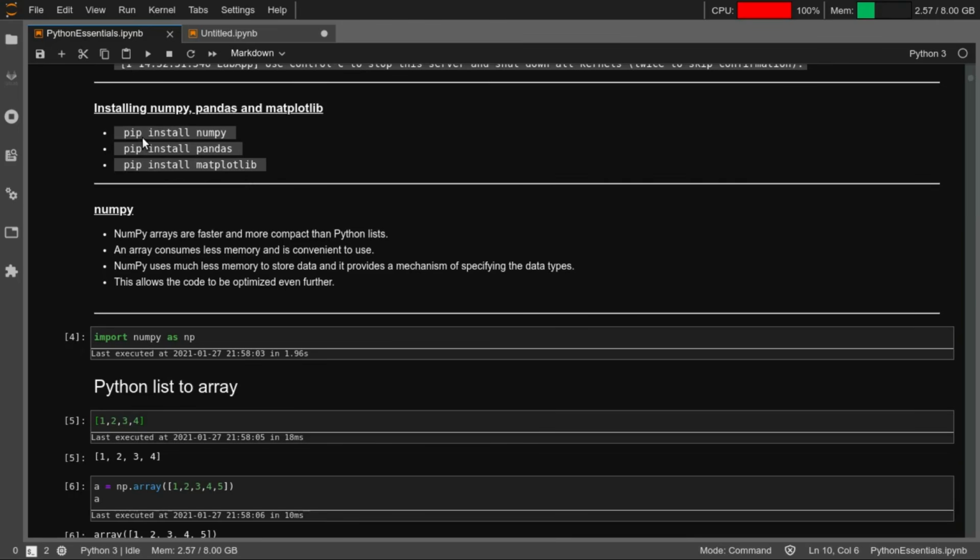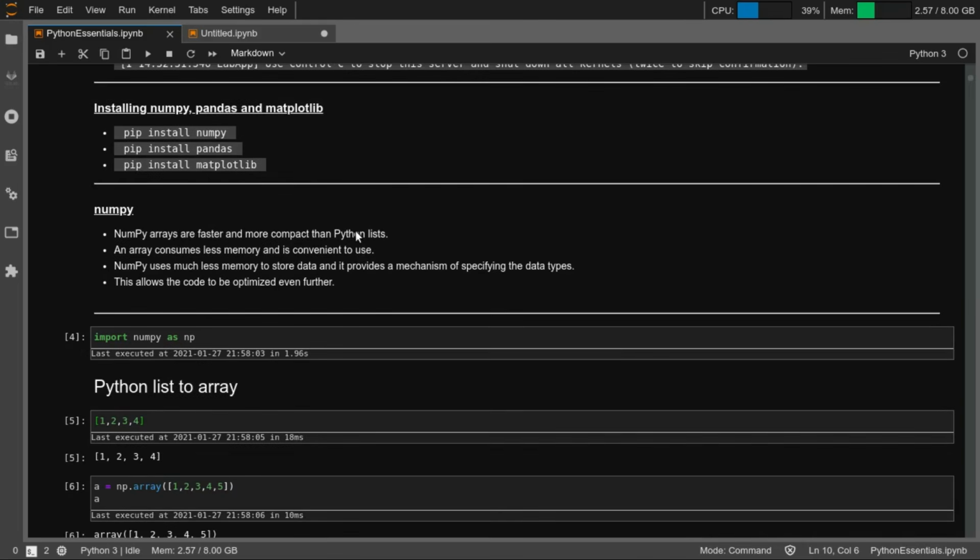The command for your particular system might be a bit different. It might be pip3, so be careful about that. If you're not finding pip, then you can try pip3, and the commands would be similar for package managers like Conda. You can just search for those libraries and you will get the necessary commands, but these are simple installations, nothing too big about it.